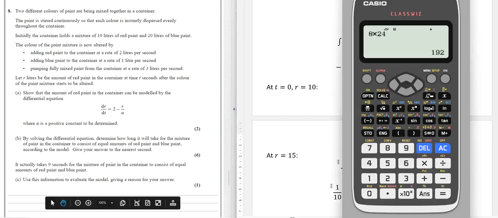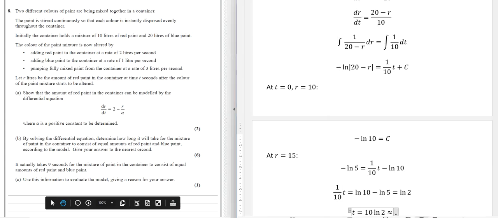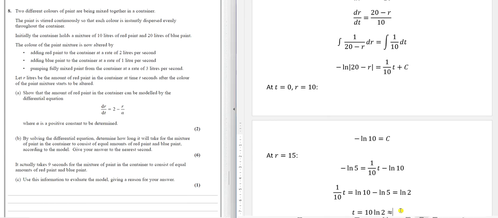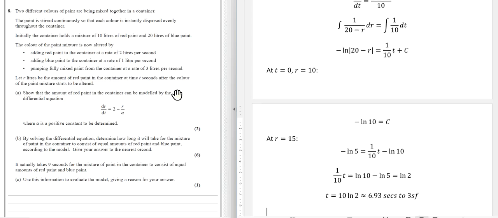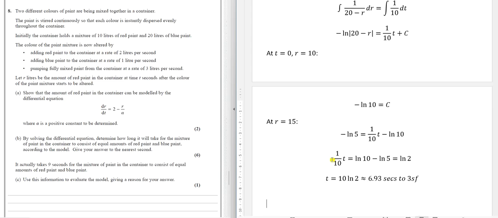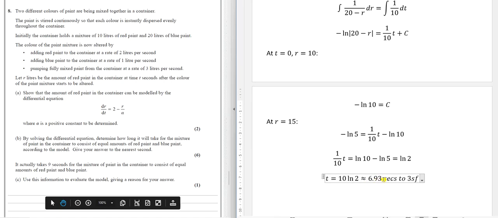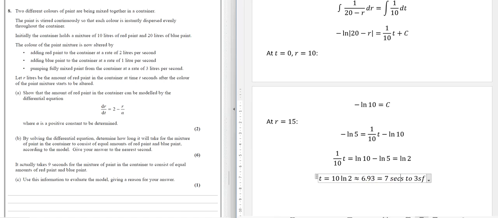which I can then find an approximation for on the calculator. ln 2 is 0.693, so we have about 6.93. And I just want to double check the units for my time. t is seconds after the colour, so it's going to be seconds. Give your answer to the nearest second. It's always worth rereading these. 6.93, I don't want that, equals 7 seconds